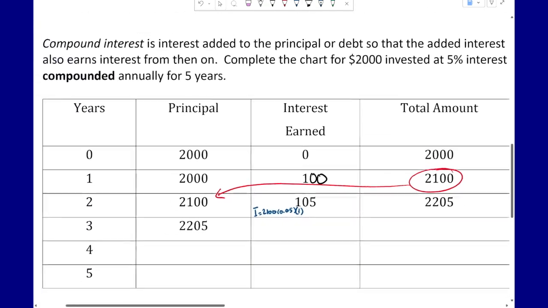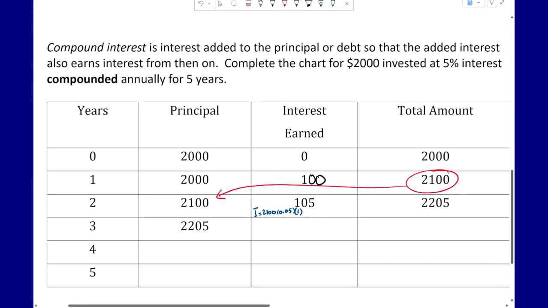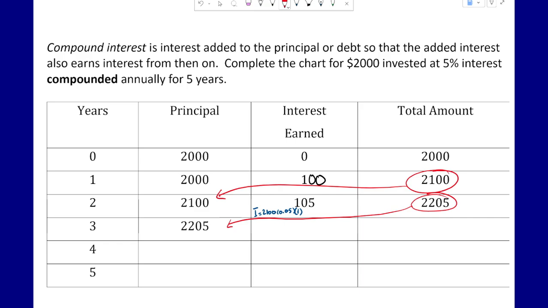So we calculate now, we have a new interest amount earned because we have a different principal. We end with $2,205. Now, at the beginning of year 3, we take what we ended with, and that becomes our new initial amount. So then in year 3, we calculate I equals 2,205 times the 5% times 1, and that will equal our new interest,